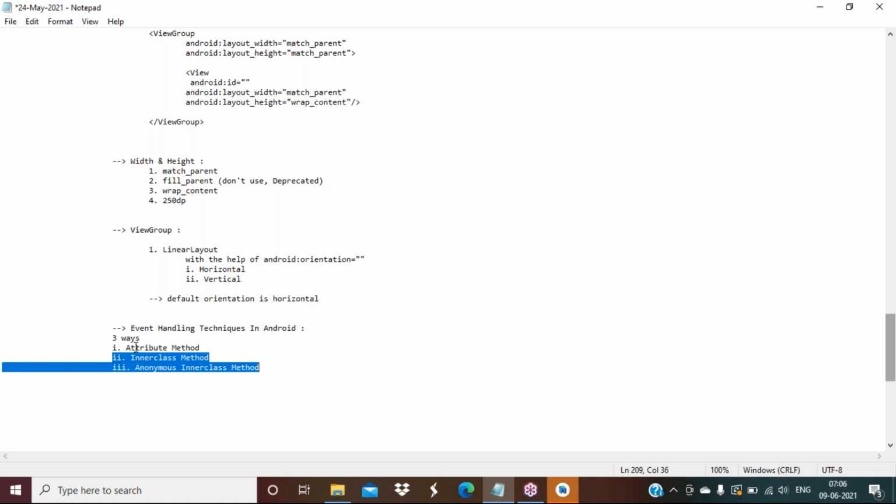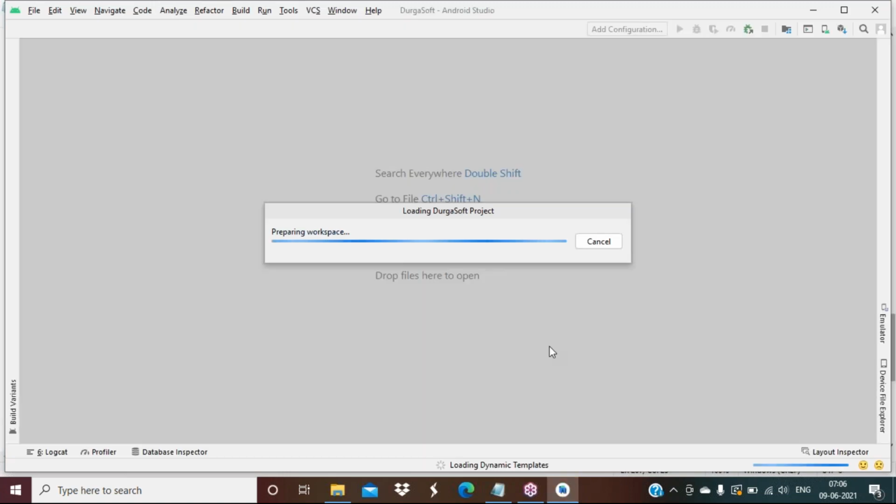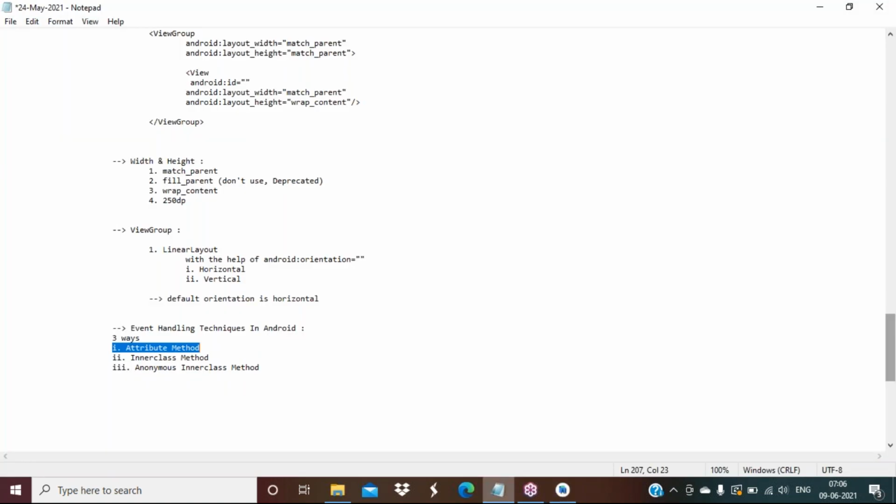First we will try to understand the attribute method. For that, I need to create a project, let it load. Till then I will discuss a description of this attribute method.